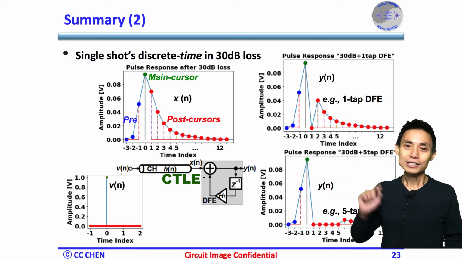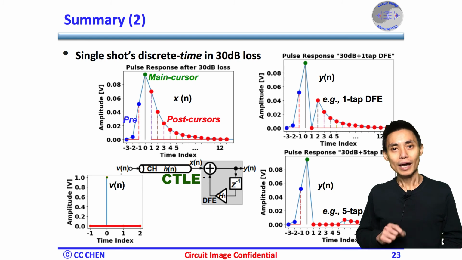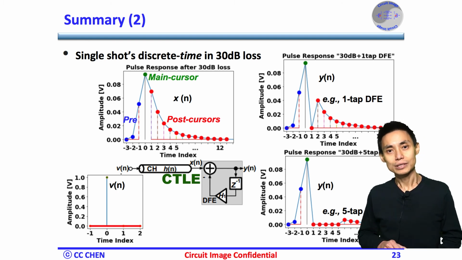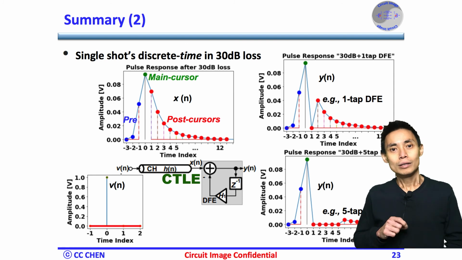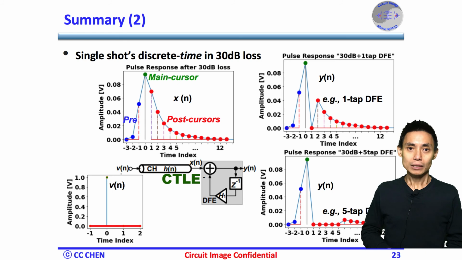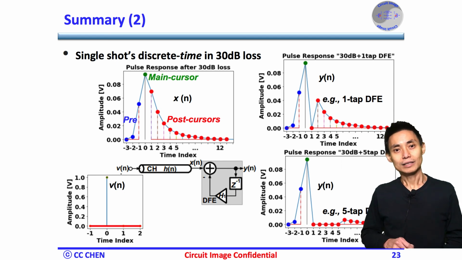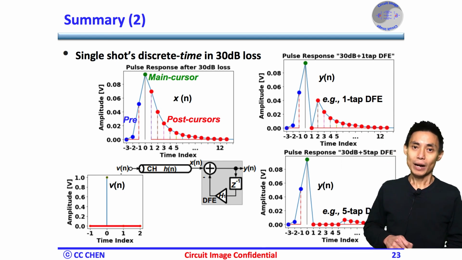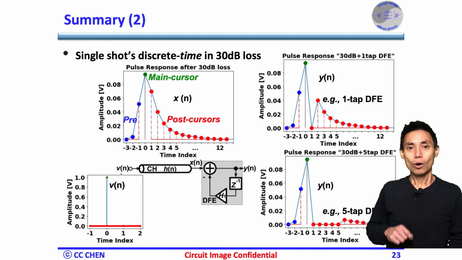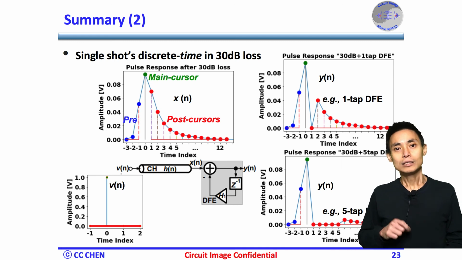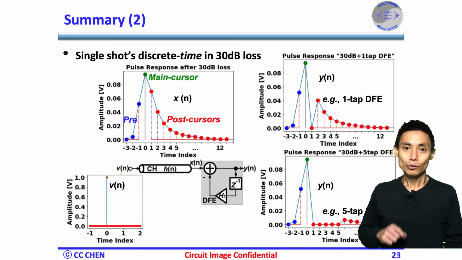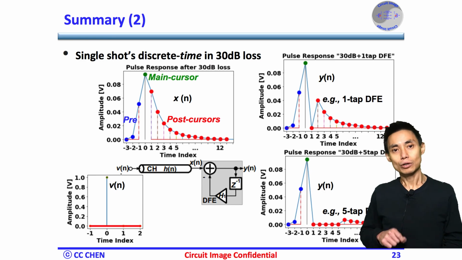Yes, the CTLE can boost properly and has gain around the Nyquist frequency. So, the CTLE's output swing, or the DFE's input swing, could be bigger to meet the sampler's input sensitivity and reduce the first tap timing closure difficulty easily. Again, in a realistic system budget, the CTLE may equalize up to 15 dB loss or slightly higher, and the DFE will take over the rest of the equalization of the total 30 dB loss target.